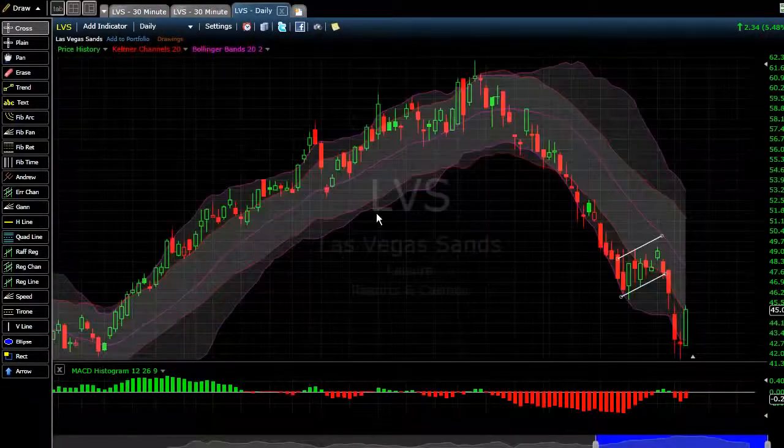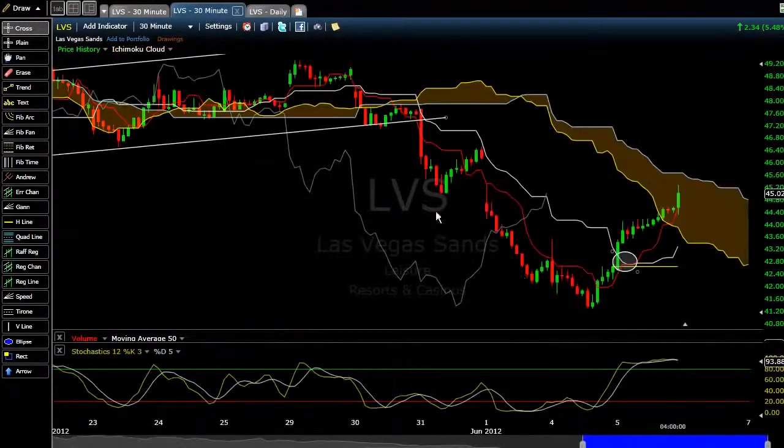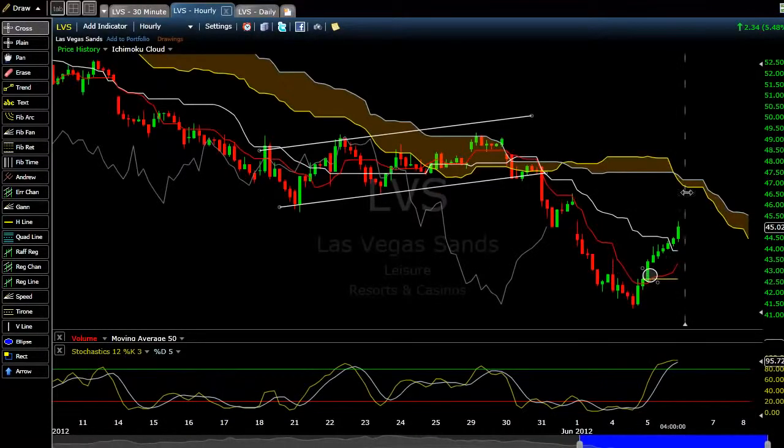I also have a chart set up where I use Keltner channels and Bollinger Bands for a signal, but since we're talking about Ichimoku, we won't cover that right now. So tomorrow I'm looking for a move above the Kumo here. That'll be a continuation signal, and then I would look for that to continue into the 60-minute, which presently we have some resistance up here at the